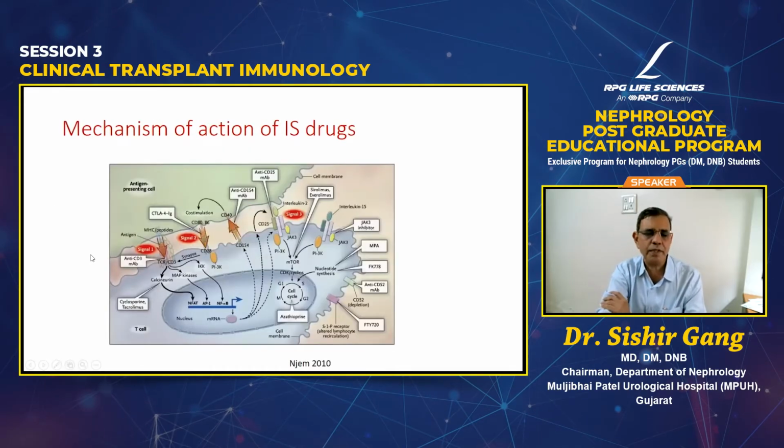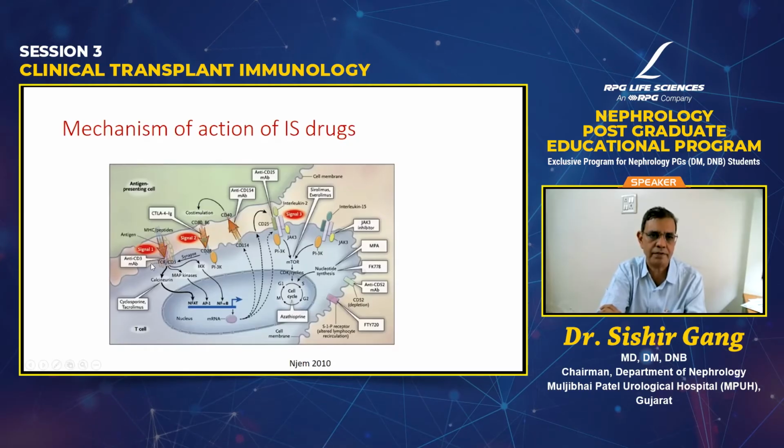So as I alluded to in the previous slide, several pharmacotherapies have been designed to inhibit it. In signal 1, we have the anti-CD3 monoclonal antibody. In the past, it was known as OKT3. OKT3 was important both for prevention and treatment of rejection. But because of cytokine storm, this therapy is now no longer used. When I was studying in 96, 97, we used to use this for treatment of unremitting T cell rejections. Now we have better therapy, so we don't use that. But this therapy is coming back in a more humanized anti-CD3 monoclonal antibody, and you will see some of it in the near future.